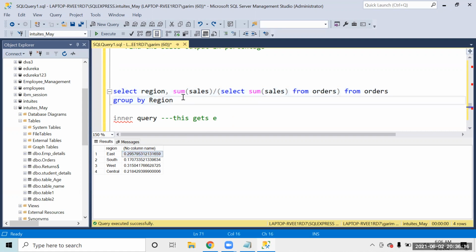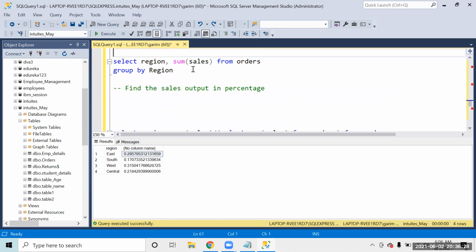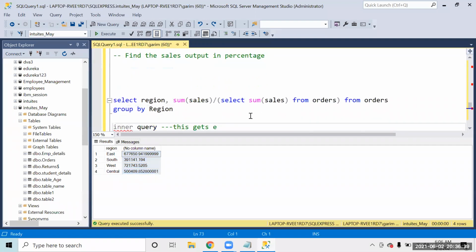Correct. That is the same thing that I've done. So what group by does is it gives me the sales by each region. Okay, got it. The inner query is static and the outer query is for each region. Correct. The outer query is for each region, dividing it by the total one, which is static. The inner query gives me the output first, that this is the total. Grouping is not done yet. Grouping is something that we will be doing after that, when the outer query gets executed. So I'm just dividing that number by the overall total. Okay, yeah, getting it. Thank you.